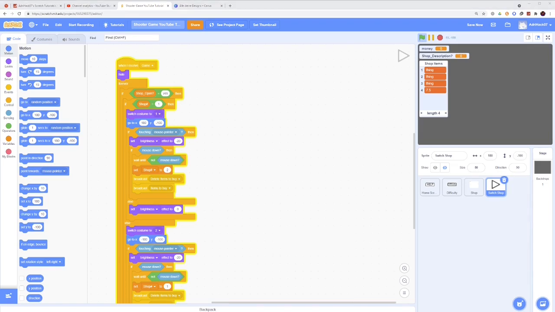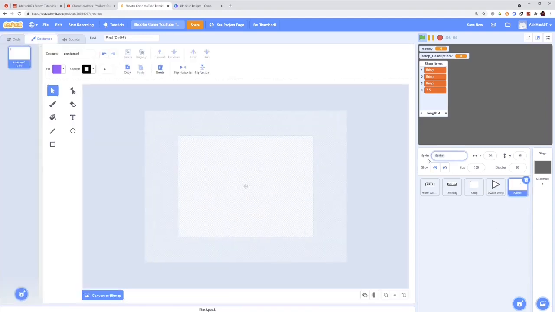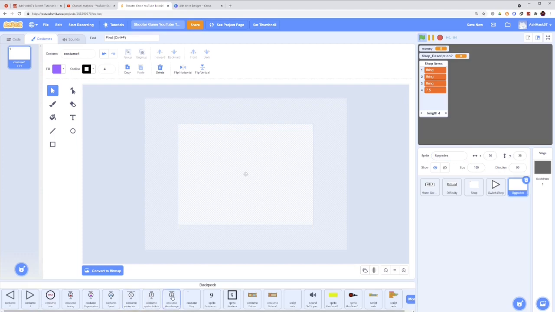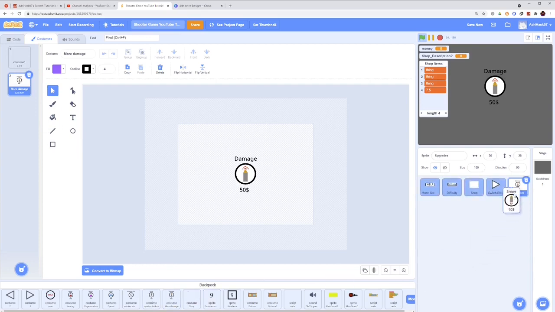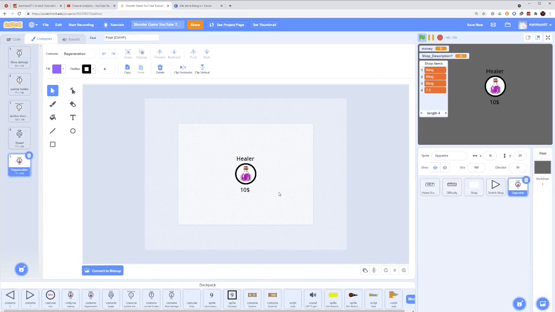Now we can create the sprite of the upgrades. So I will just call it upgrades. And then I will take 7 costumes, which will be the upgrades. So if you have better ideas than I have, then use those as your upgrades. But I just have 1 upgrade that increases your damage, 1 upgrade that makes your bullets go faster, 1 that makes the recharging time between your shots smaller, 1 that makes you faster, that's going to be the speed, 1